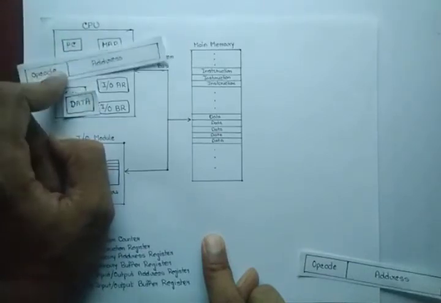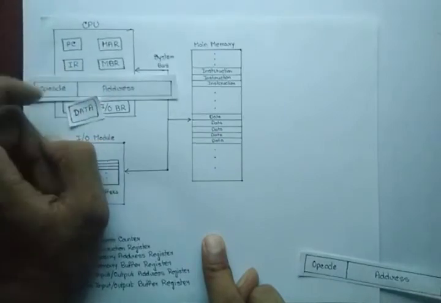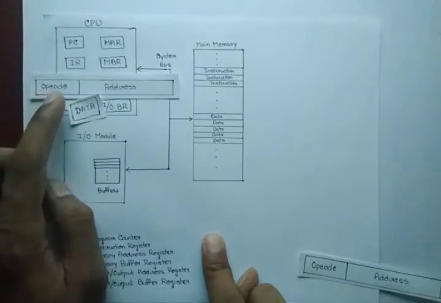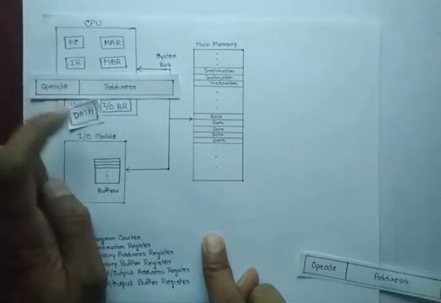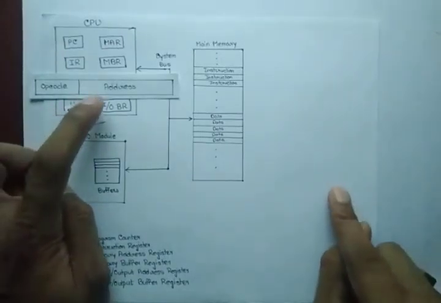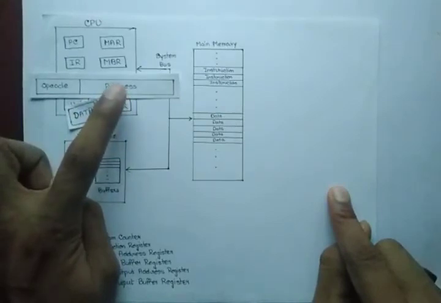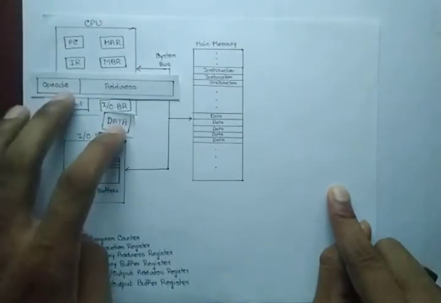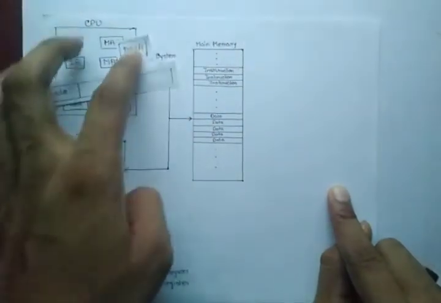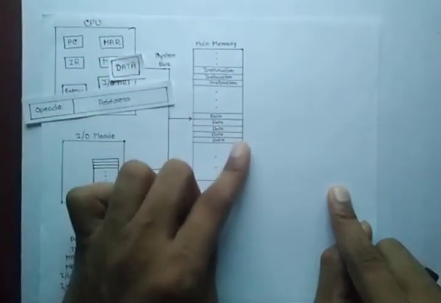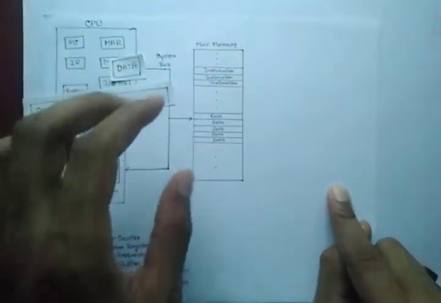Then the execution unit goes to the IR, gets that instruction, and interprets what it is telling. Let's say this time the opcode is telling the CPU to transfer the result which we got from the addition of the previous instruction and store it at this particular address written in this section. So the execution unit transfers that data to this MBR. As I said, the MBR contains the data which needs to be transferred to the main memory, or data which needs to be fetched from the main memory.